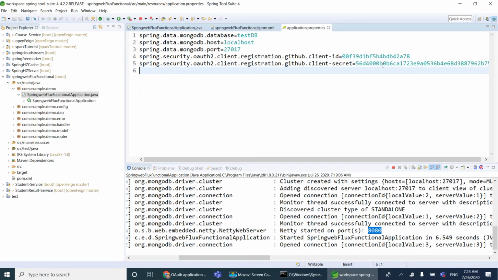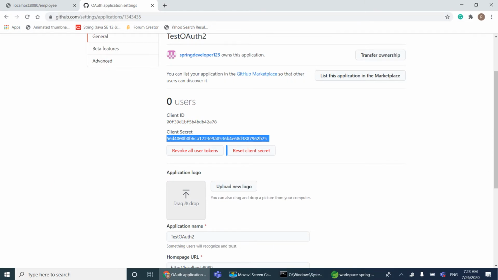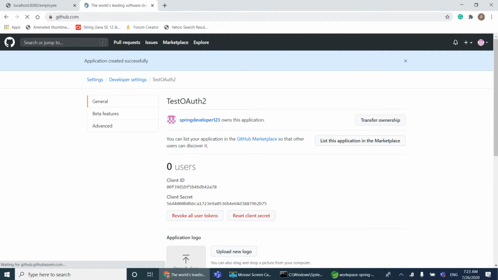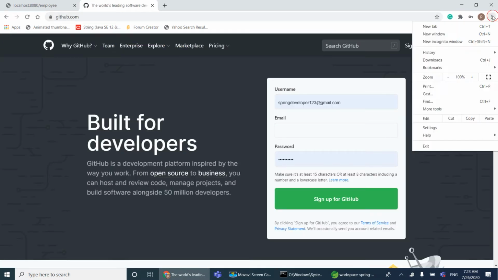So let's save this and restart our application. After saving, when you start the application, now it will ask us to log in with the GitHub credentials. Before we got the default login page, but this time it will show the GitHub login page. So first I'll delete the cookies. I'll log out and delete the cookies. So I'm going to remove the browser history.